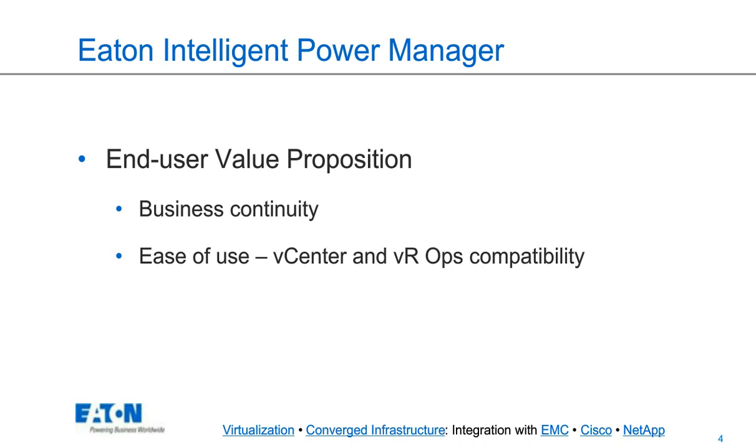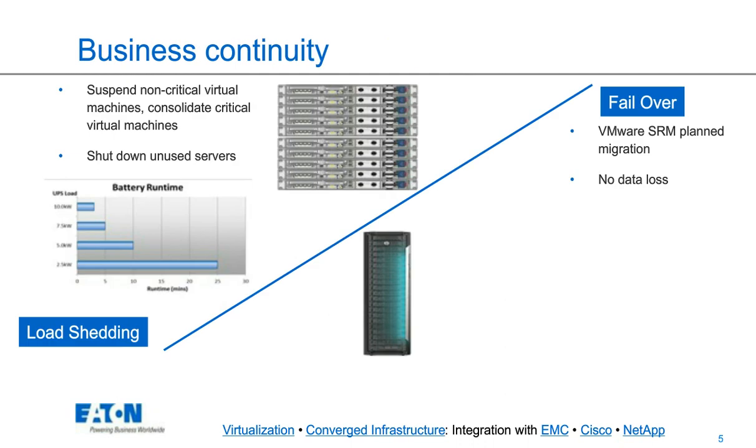I'd like to start off with business continuity. With IPM, you can configure, when there's a power outage or a temperature over the high limit, to turn off virtual machines, or to take the virtual machines, turn some off, and then take what's remaining and reshuffle them to other servers. So you empty out as many servers as you can. It's very similar to VMware's Distributed Power Management to increase efficiency. The goal is to use less power.